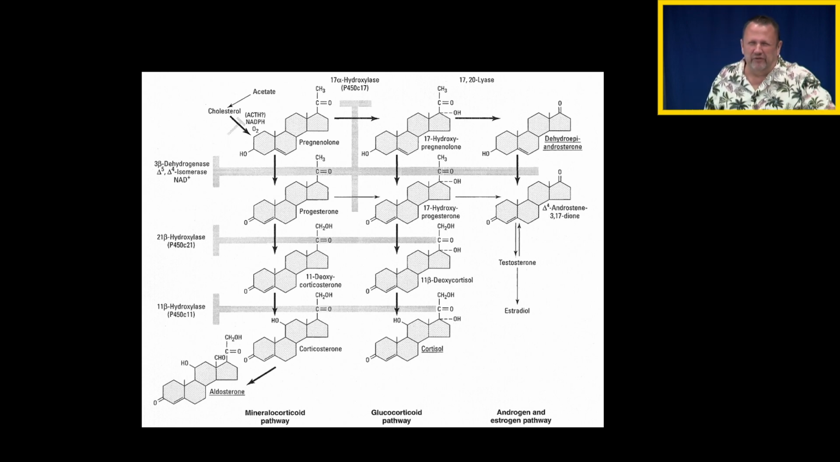If you look at a real pharmacology book, oh, that's good. It's been a while since I've seen these slides right here. They've been hidden from me. I'll make sure these are in your notes, or you can just look up the androgen and estrogen pathway, the glucocorticoid pathway, and the mineralocorticoid pathway. And notice they all start with cholesterol. And cholesterol here,